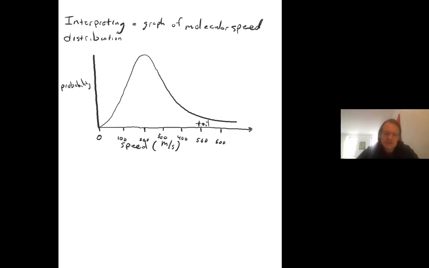And just to put that into perspective, 1 meter per second is approximately 2.2 miles per hour. So if I say that a gas molecule is moving at 100 meters per second, you would multiply that by 2.2 to get miles per hour. So that would be 220 miles an hour. If I said a gas molecule is moving 200 meters per second, you would multiply that by 2.2 and you get 440 miles per hour. So they're moving pretty fast, right?